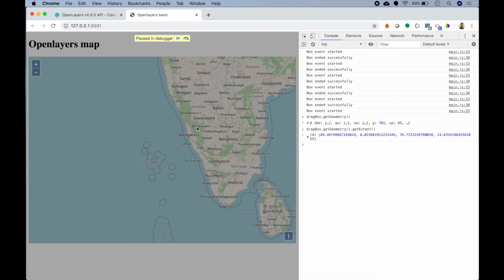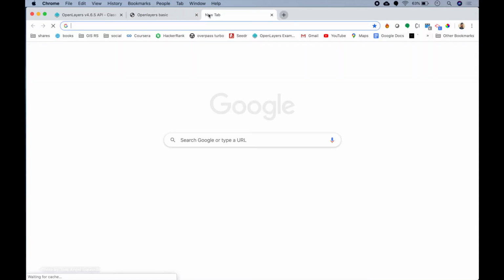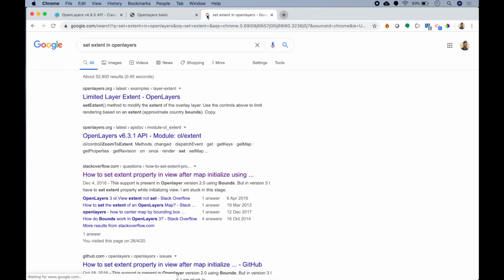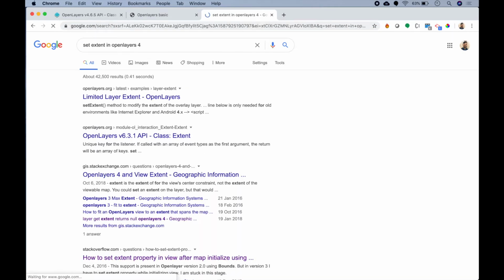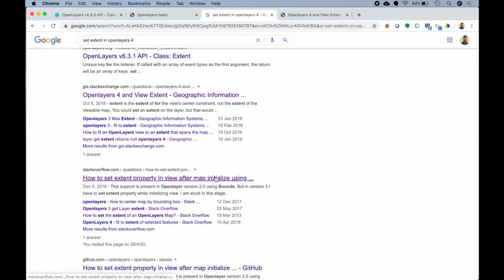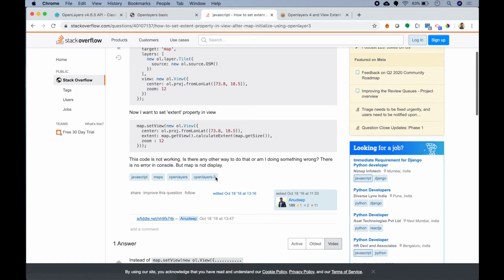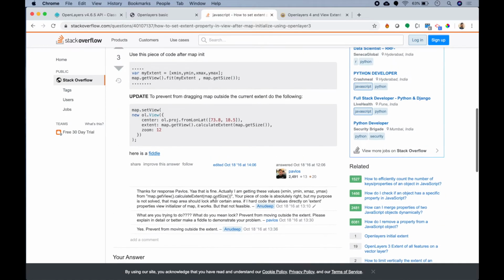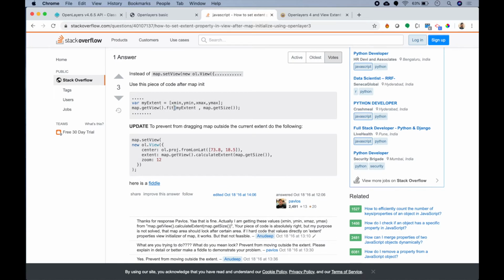I can show you directly in the code, but let's just find it on the internet. So, set extent in OpenLayers. Alright, maybe OpenLayers 4. So this Stack Overflow answer looks like we can use this piece of code, map.getView().fit, and pass our extent, and then pass this parameter as map.getSize().